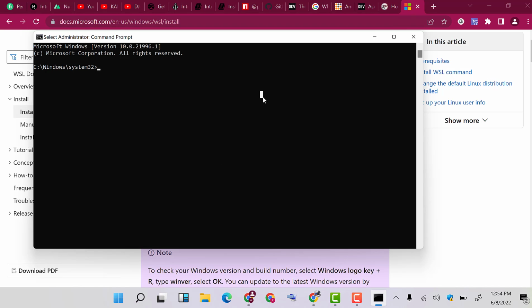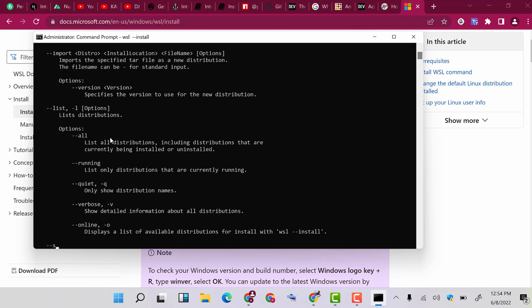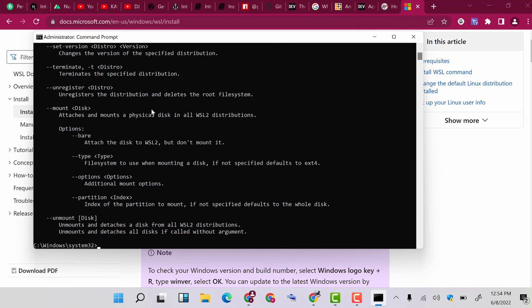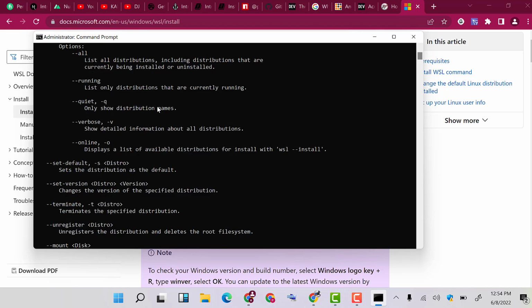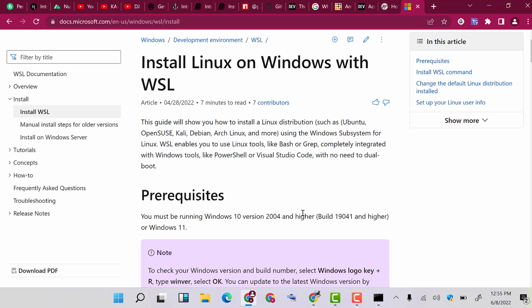So the first thing that you want to do is WSL and then install. WSL install, and it's just that I have installed it already and it's running on my machine. But in case you want to do this, then it will install all of this. And then for some reason the default operating system that it always installs is